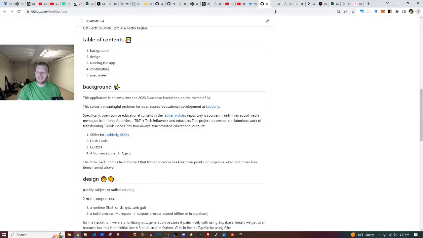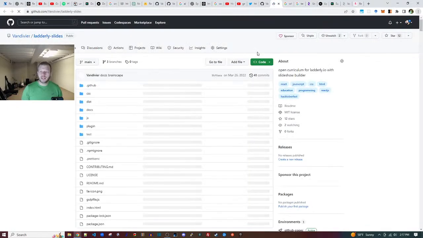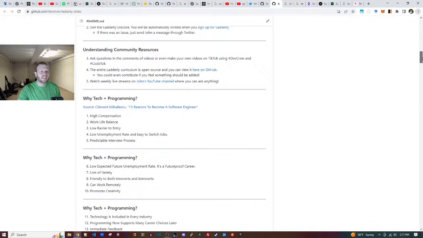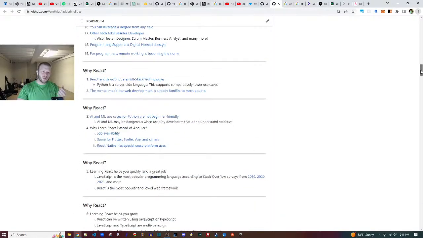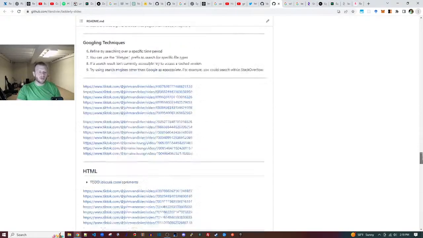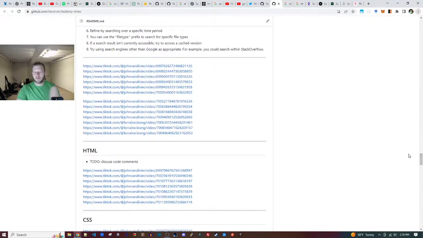And Latterly Slides, just to review, is an open source educational curriculum that helps teach people how to code. We're up to 12 stars, so feel free to drop by and drop a star on that repo, and we can get some more stars here. You can see this is a readable markdown file up until it's not. This is basically an open source curriculum, but at a certain point, I've been capacity constrained, and I'm not able to manually turn these into slides. And so we want to automate that. Okay, so that's the recap.